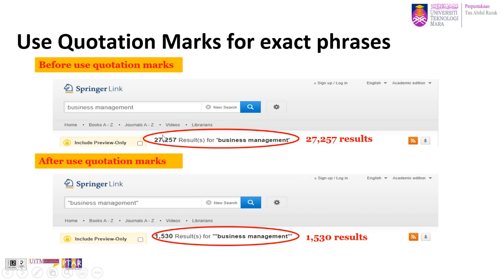In one article, the words business and management may not be together. Maybe they will be in different sentences, or in one article but the setting would be different. Maybe the word business would be in a different paragraph, and the word management in another paragraph, or something like that. Okay, but if you use the quotation mark for exact phrases, then you are telling the